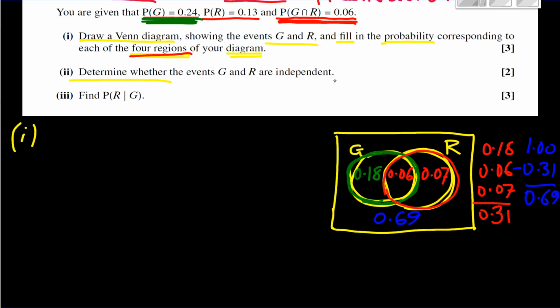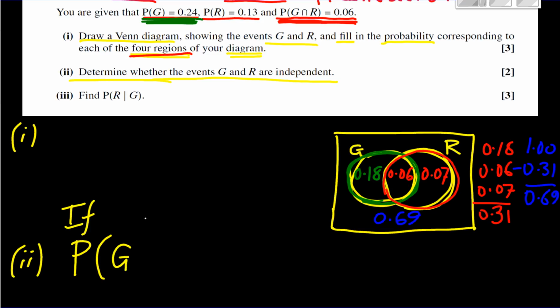Determine whether the events G and R are independent. Okay, what sort of independent events have we seen in the past? Well, think about tossing a coin, or rolling a dice. Those are independent events, and we know that we can multiply the probabilities down the tree. So in general terms, using the events we've got here, if G and R